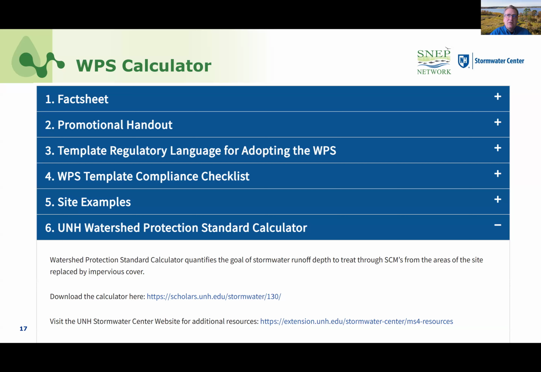The benefit of the Scholars Repository is we used to always have to battle people accessing not the most updated resource. Naturally, we're updating this almost continually. So if someone comes up to us and says, hey, we found a bug or we found something wrong with the calculator, we're always updating it. Now, at least going to the repository, you'll always have access to the most updated tool. The downside is you have to download it every time.